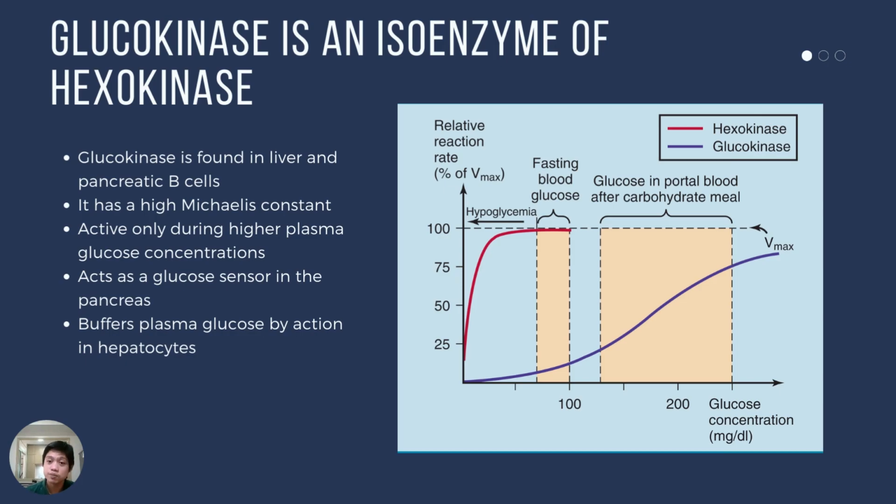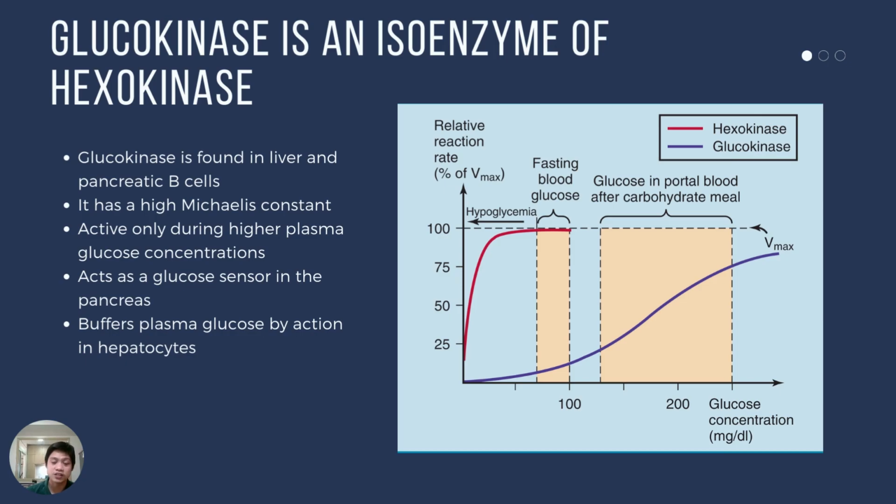is high, which means it will only be active after you have taken a meal, digested the meal, and absorbed the carbohydrate. That's the only time glucokinase will be activated. And therefore, we can say that glucokinase has a high Michaelis constant. It will need a lot of glucose to be active. That's what a high Michaelis constant means. Therefore, it is active only during higher plasma glucose concentrations after a meal, and therefore it acts as a glucose